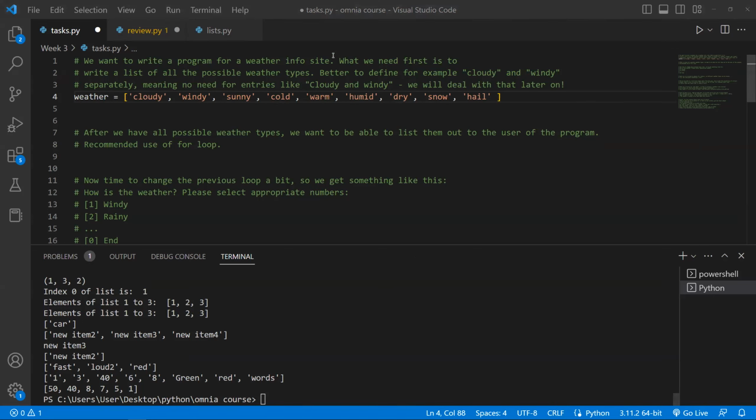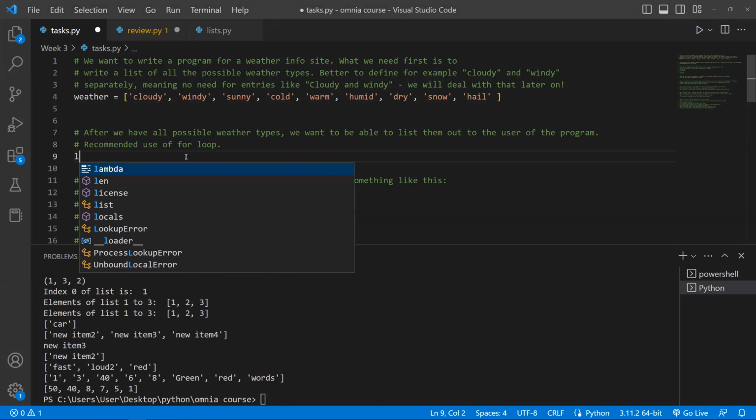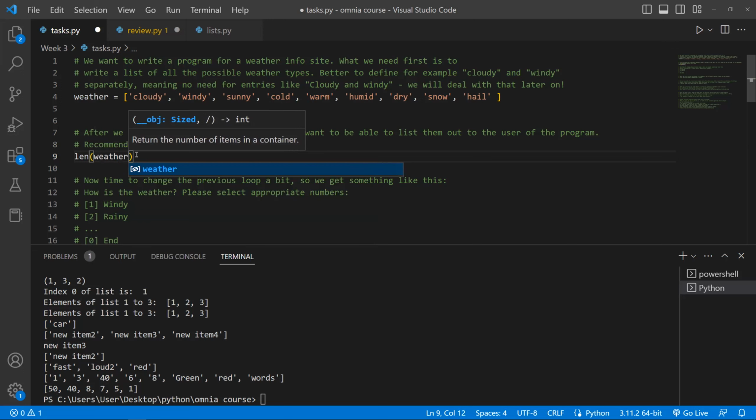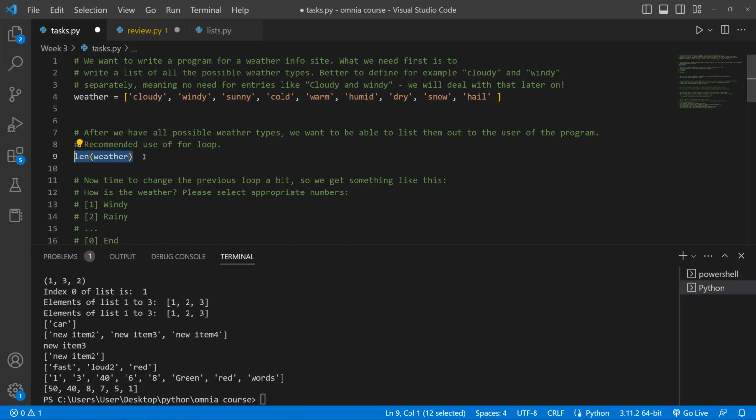So the next part of the task is we want to list out all the parts of this list, and the recommended way is a for loop. One can do it different ways, like with a while loop. If one forced it, then one would also have to use the length command to figure out the length of the weather list to know how many times to iterate. Then the while loop would be possible, but